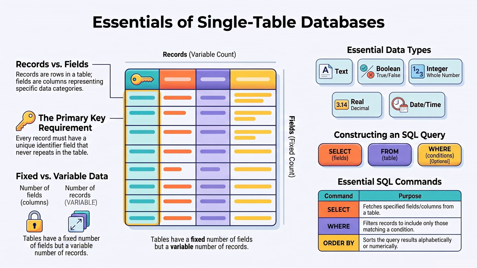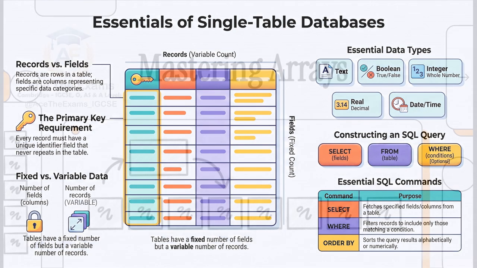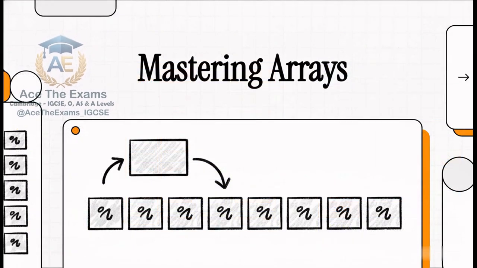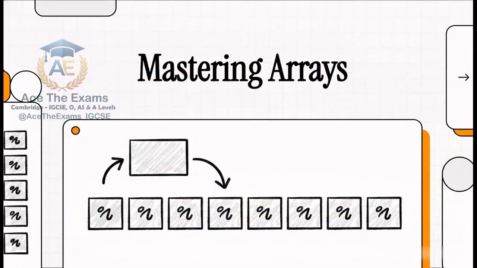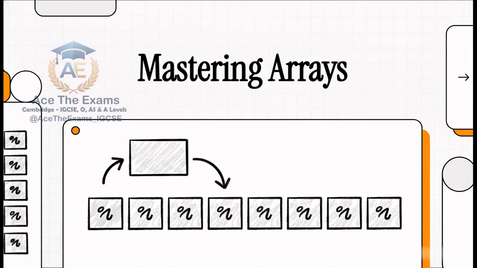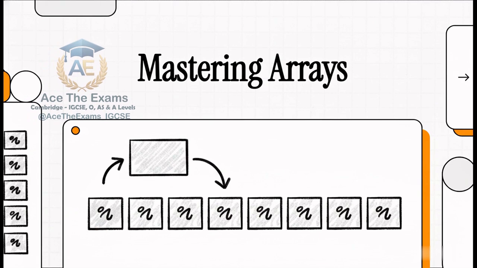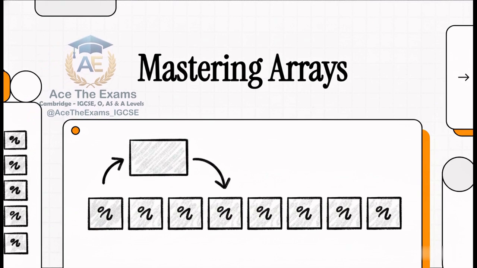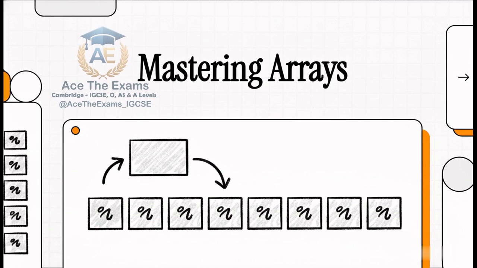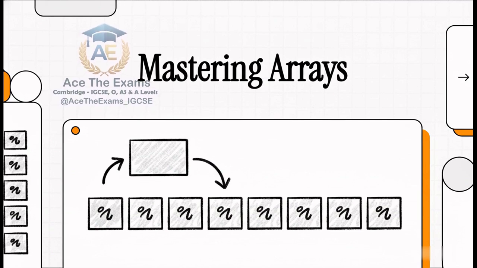Welcome to this explainer. Today we are diving straight into a core topic of the Cambridge IGCSE Computer Science syllabus, specifically Chapter 10, and we are going to completely demystify a concept that is absolutely fundamental to your programming success: arrays. Whether you are studying for syllabus 0478, 0984, 2210, or even building foundations for A-Level 9618, understanding how to